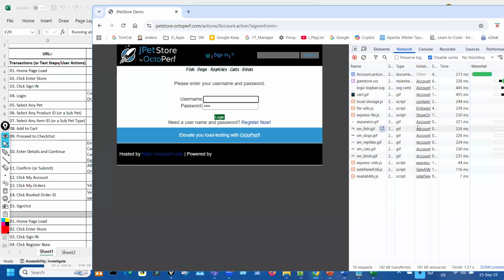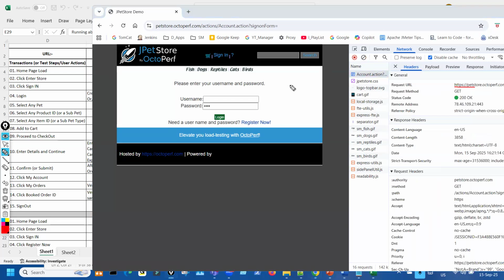Sign in also has that request, which is here, and that is captured. After sign in, we have to put login. Okay. Login for this website,